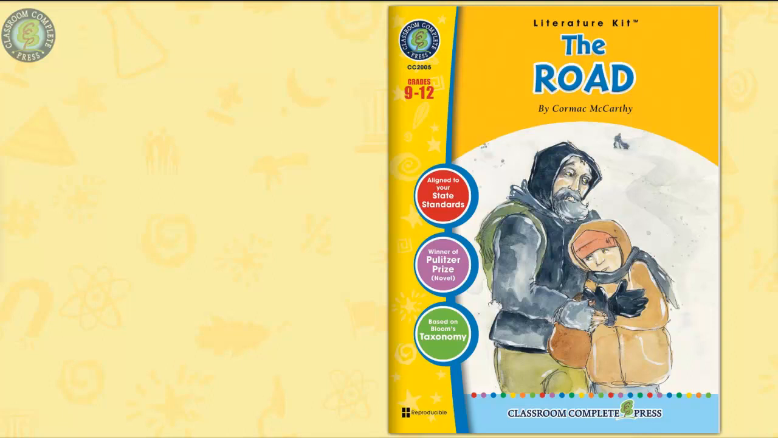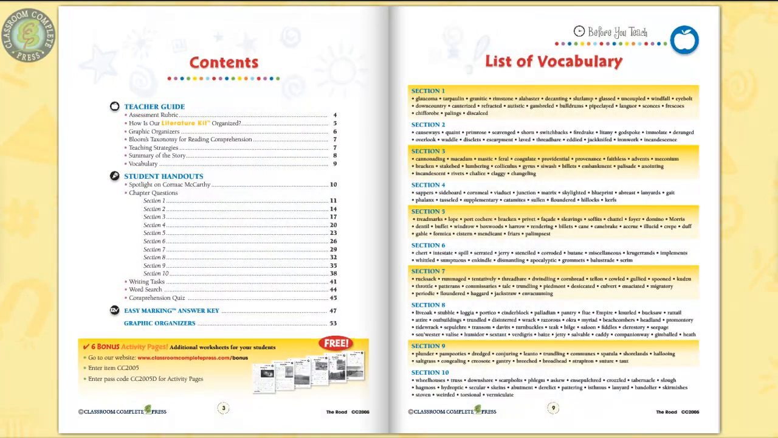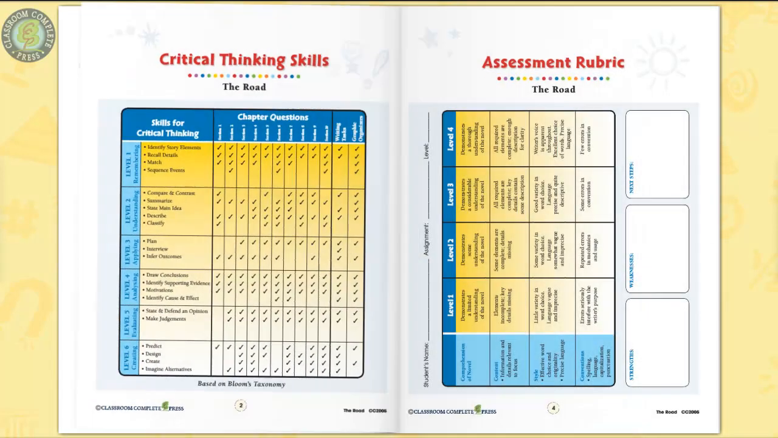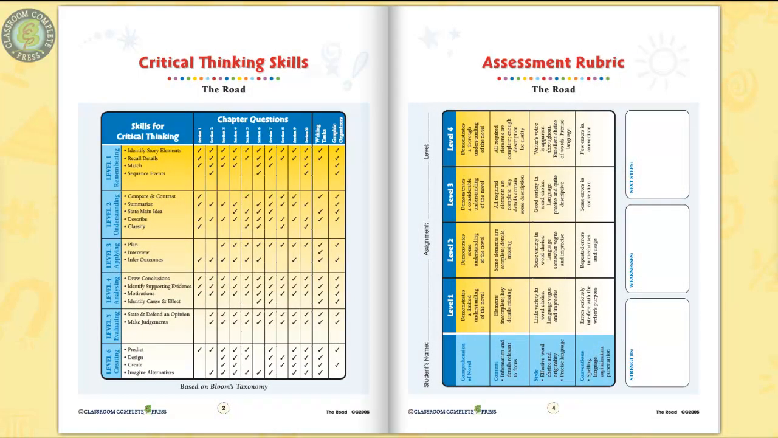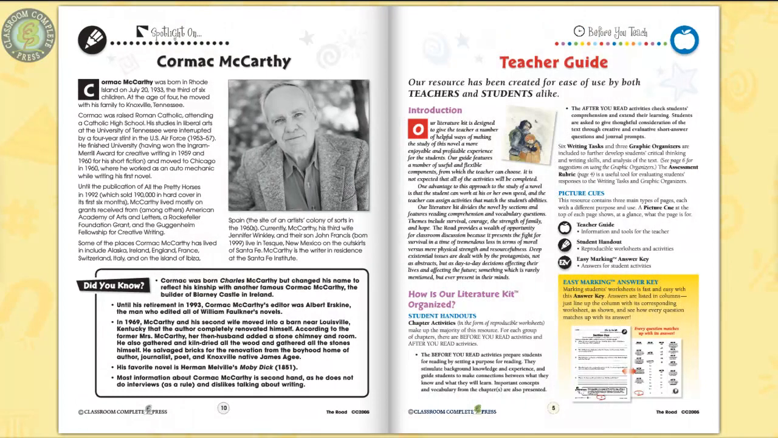This literature kit on The Road by Cormac McCarthy incorporates probing questions and informative vocabulary to create a thorough and useful experience for students. 55 pages chock full of a variety of scaffolding strategies incorporated in our Before You Read worksheets for each chapter section, along with vocabulary prompts to prepare your students for the reading, with rubrics, teacher guide,